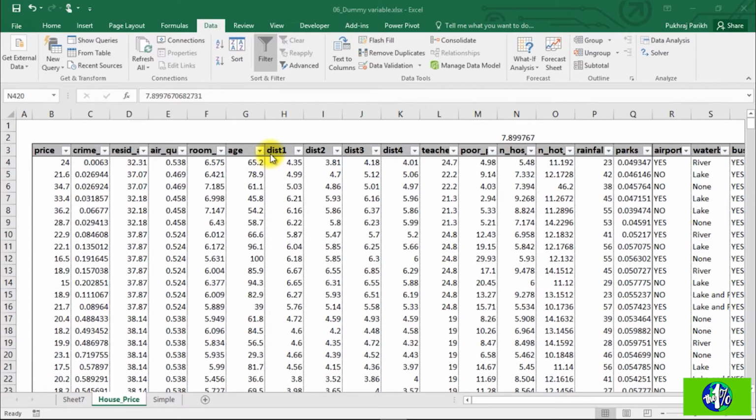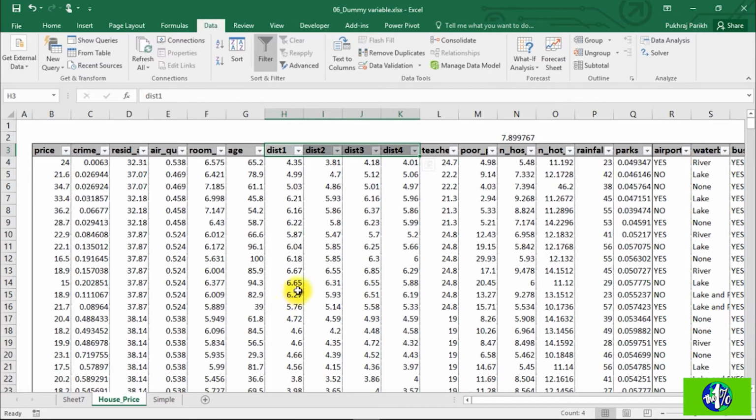In this video, we will learn about variable transformation. As you can see in our dataset, we have 4 distance variables. These distance variables are giving us the distance of the house from 4 different employment hubs. Now keeping 4 distance variables in our dataset is over-representing the importance of the employment variable. We need to transform these four variables into one single distance variable, which can represent the employment opportunity near that